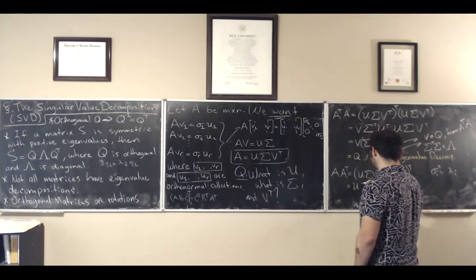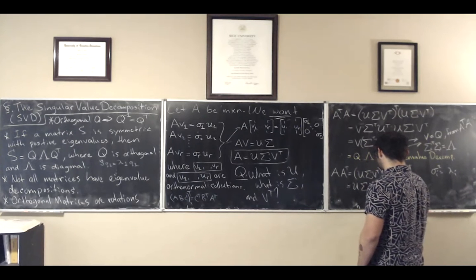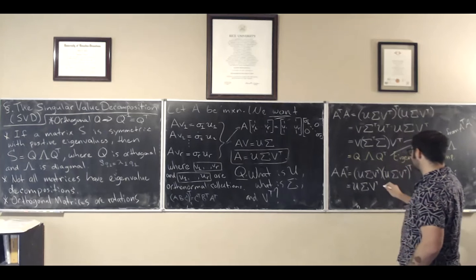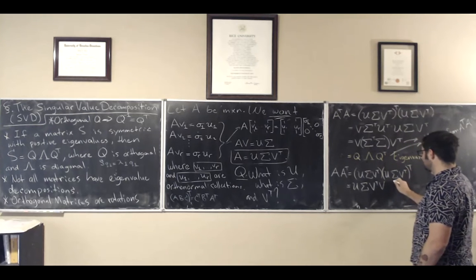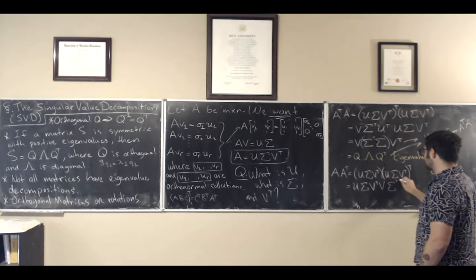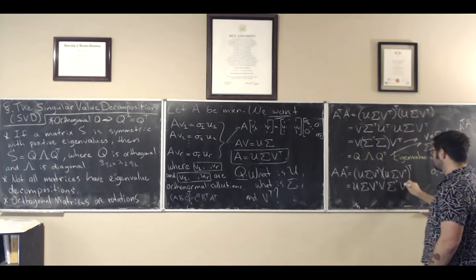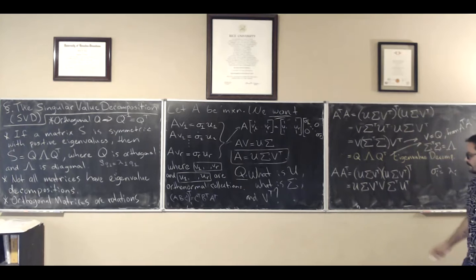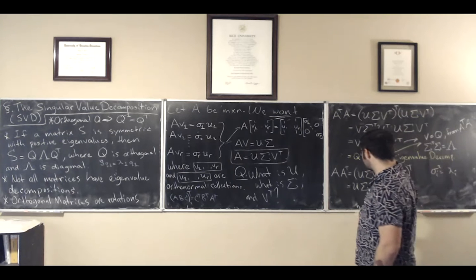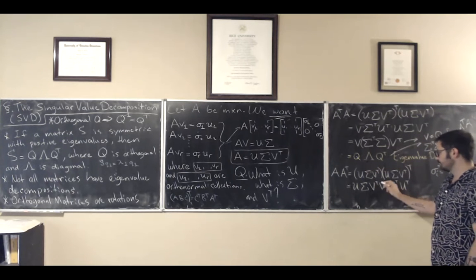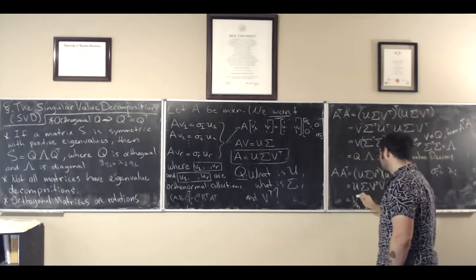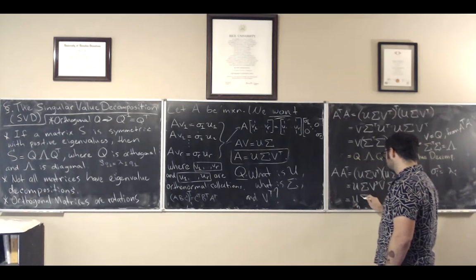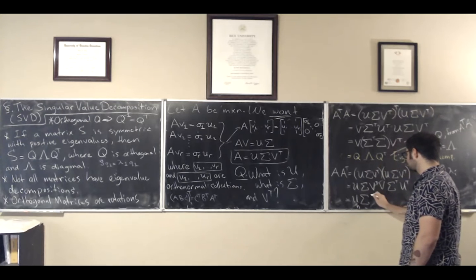So we have U sigma V transpose, and V transpose transpose is just V, times sigma transpose times U transpose. V is an orthogonal matrix, so the transpose is the inverse of itself, that goes away, and we're left with U sigma sigma transpose U transpose,